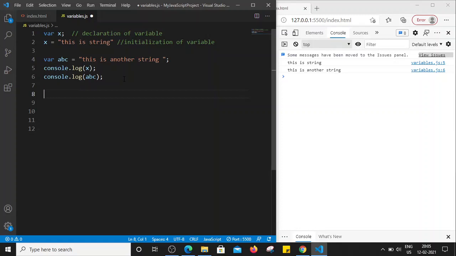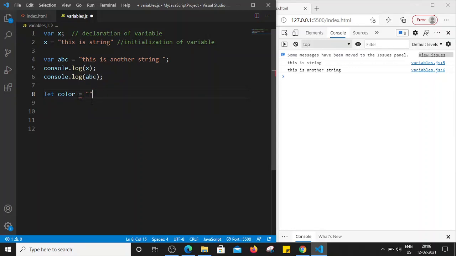So before 2015, using var was the only way. But from 2015, we can declare and assign the values by using the let keyword as well. So let's see by using the let keyword. So let's say I'm going to let color. So color is the variable. Here we were using the var keyword to declare the variable, now I am using let color to declare the variable. So this is similar to var only, but there are a few differences that we'll see later on. But let's see with the let keyword.